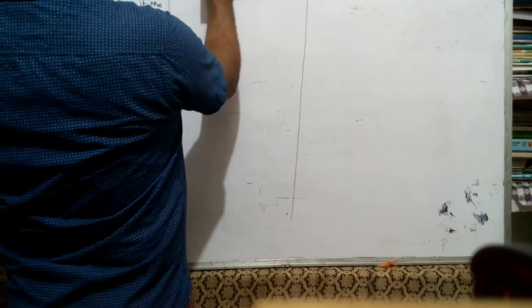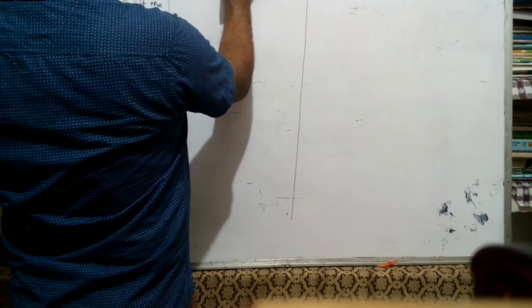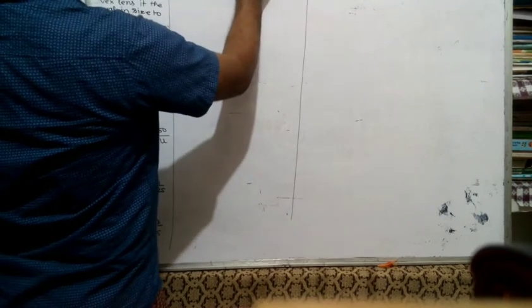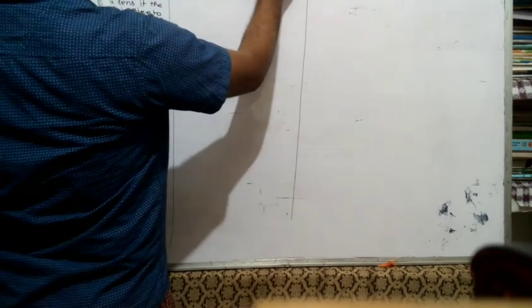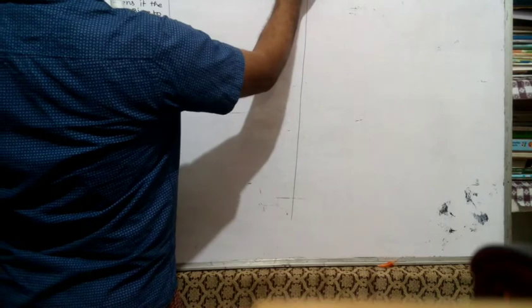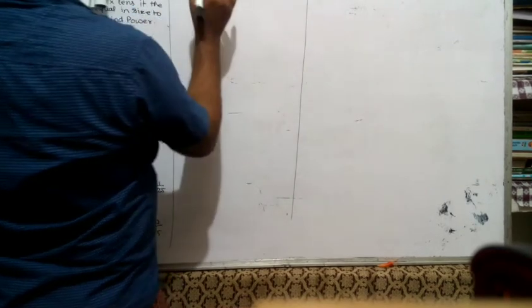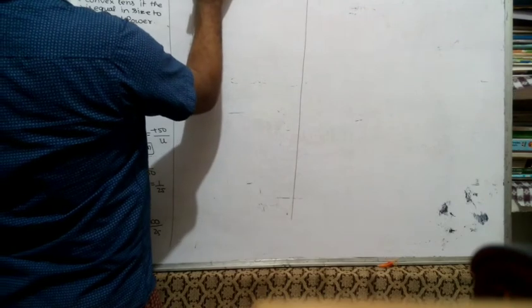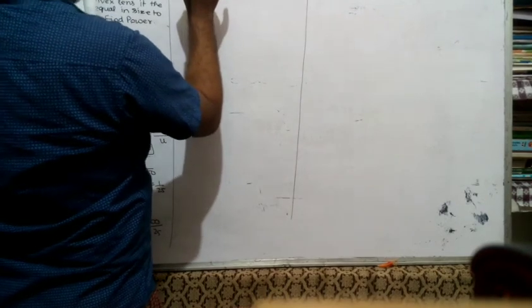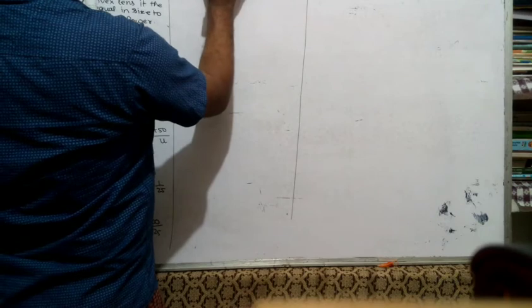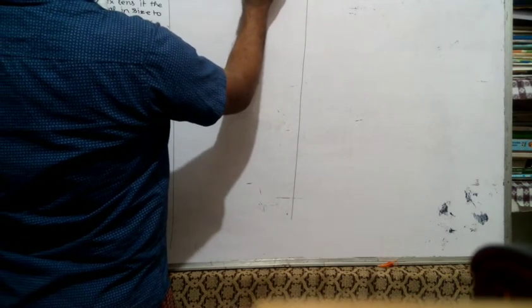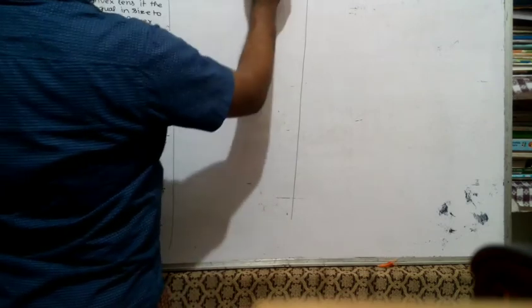An object 5 centimeter in length is held 25 centimeter away from a converging lens,